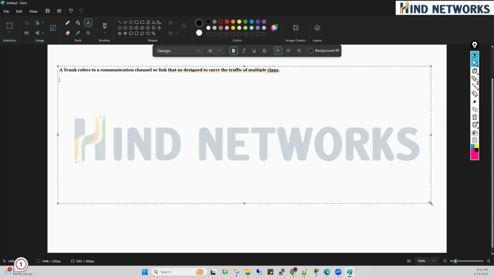It means now if you configure the trunk, in this case, you do not need to use different